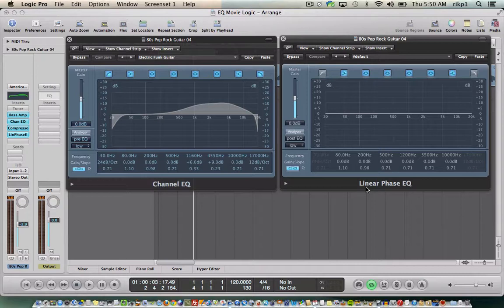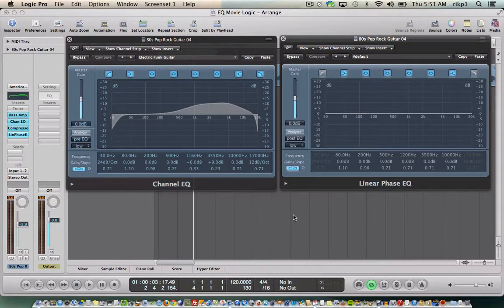Now, why do you use linear phase EQ? Sometimes with your channel EQs, you're going to hear some phase distortion. When you hear the phase distortion, you're going to realize that you've introduced some noise, because, like I said, the channel EQ tends to add a bit of noise. And when you hear that there's a bit of noise that you can't live with, or too much because you've done a pretty beefy boost. In this case, you can see that I've done a pretty beefy boost on this guitar track. Then you're going to want to switch to the linear phase EQ, because that will get rid of the phase